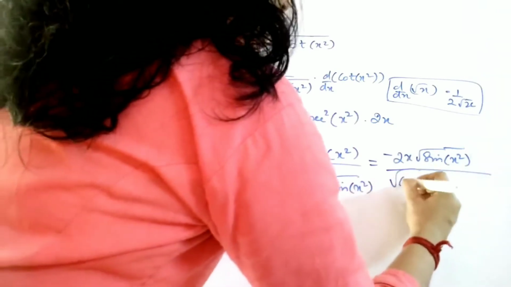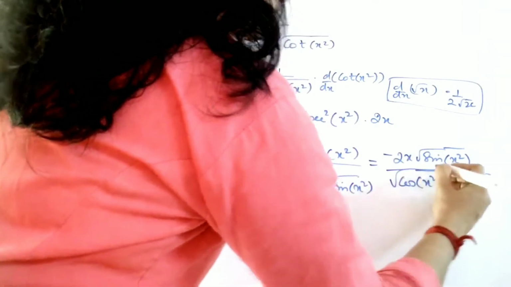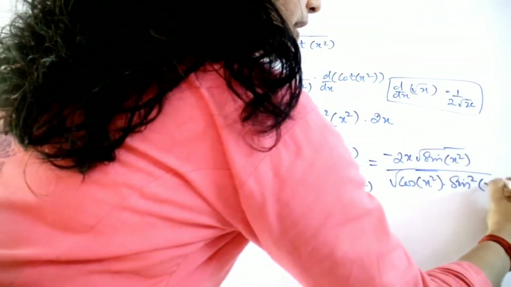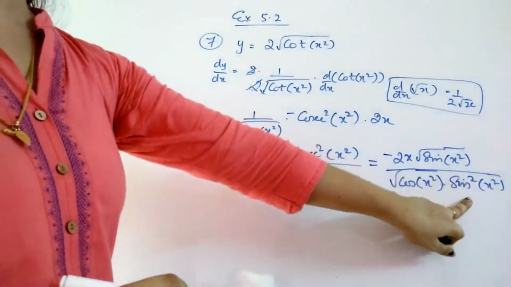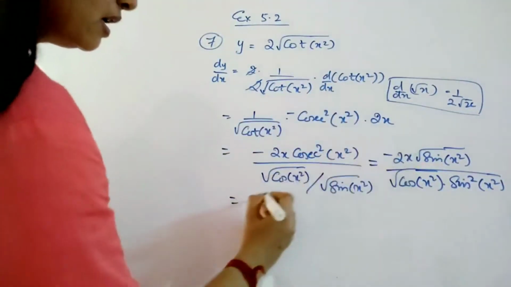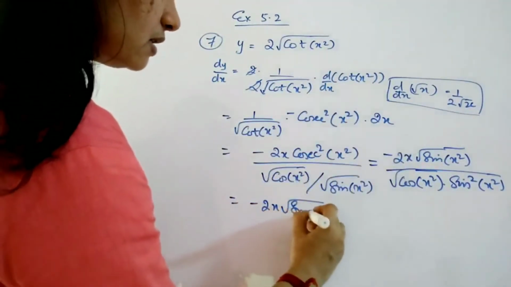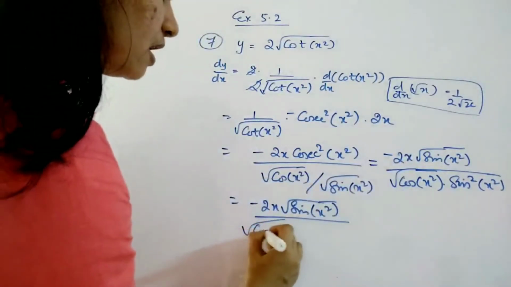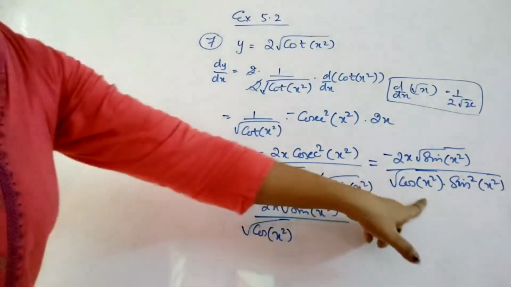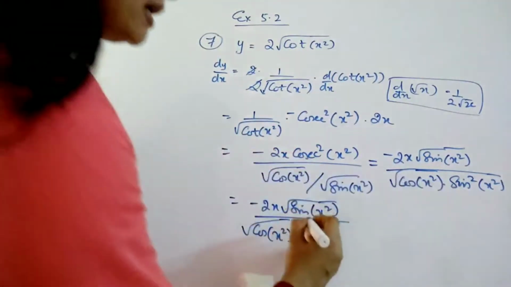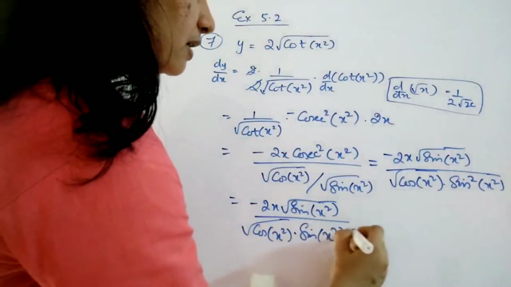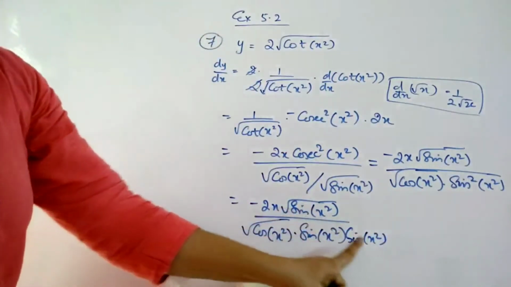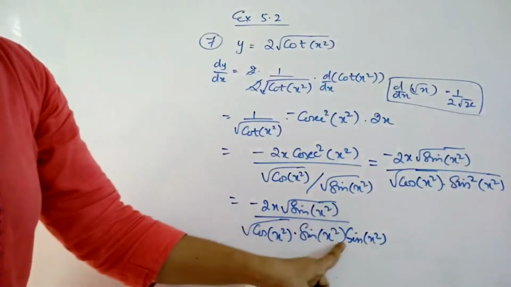We are getting a root of cos of x square into, what is this term becoming, sine square of x square. Now again sine square can be broken into 2. This numerator is not changing, sine of x square, and in the denominator here we are writing cos of x square as such, into sine square split and written as sine of x square into sine of x square, so that we can cancel one sine and this one thing will give you root of.